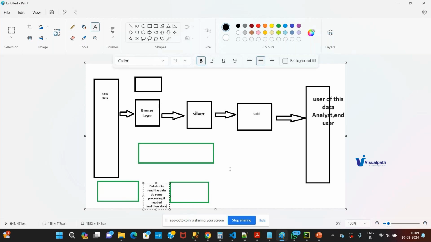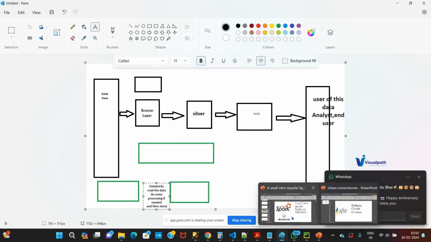Okay, so I was talking about the data evolution, right? How data technology has evolved over a period of time, right? So,